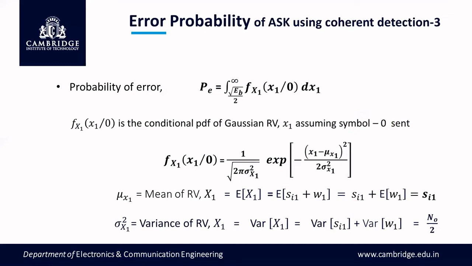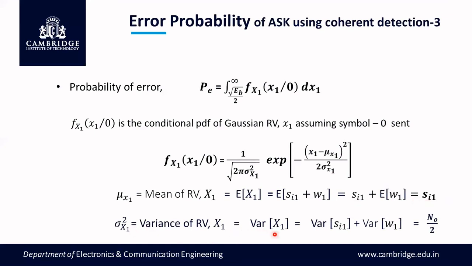So the expectation of SI1 ends up with this equation. Finally, the expectation of noise is 0 also, because we don't expect noise in combination. That's why the expectation of W goes to 0. So finally, we can find the probability of error using these equations.